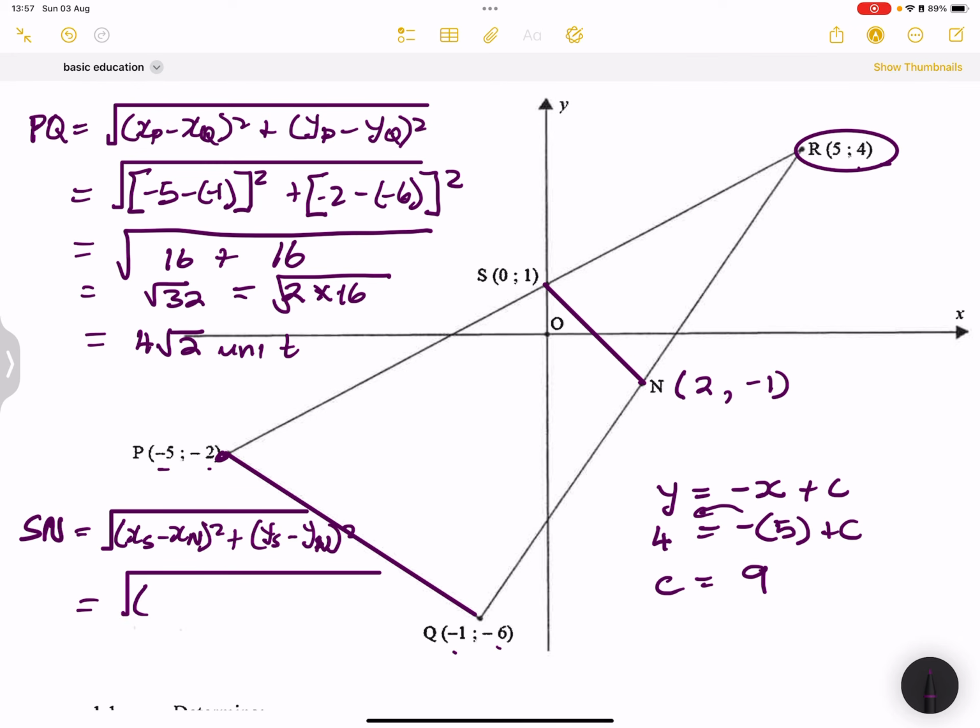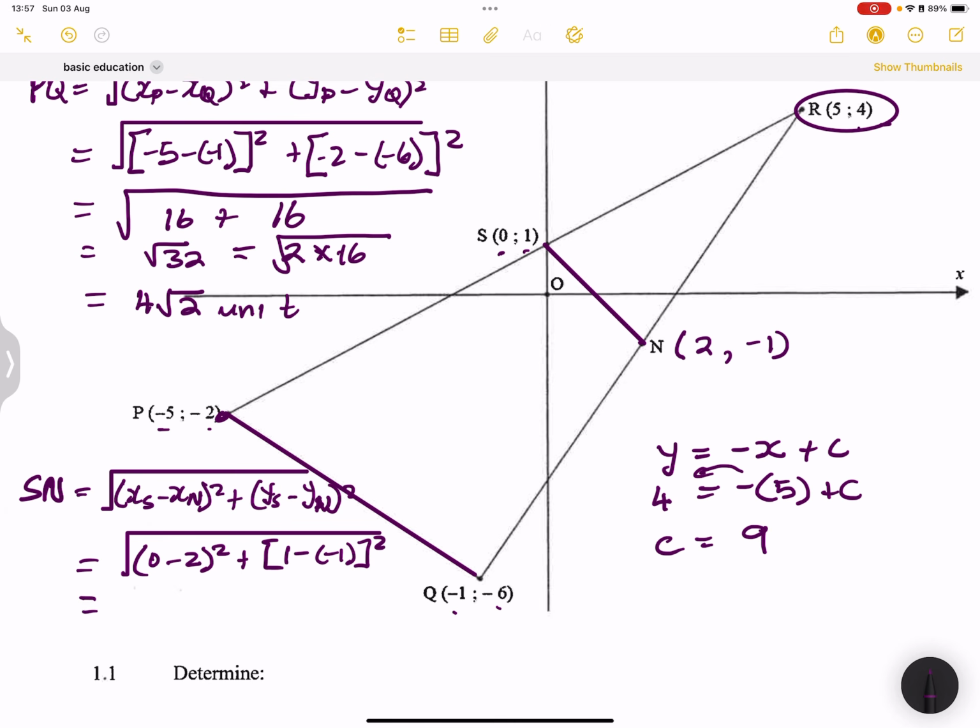The x value at S is 0, minus 2, all squared, plus 1 minus a -1, squared. Please remember, guys, those signs do make quite a bit of a difference. So we've got 2 squared, that would be 4, under the square root, plus